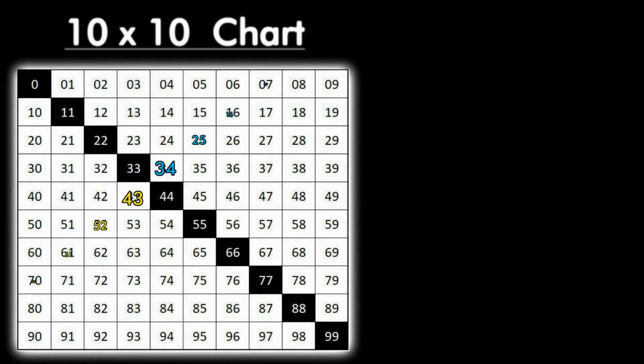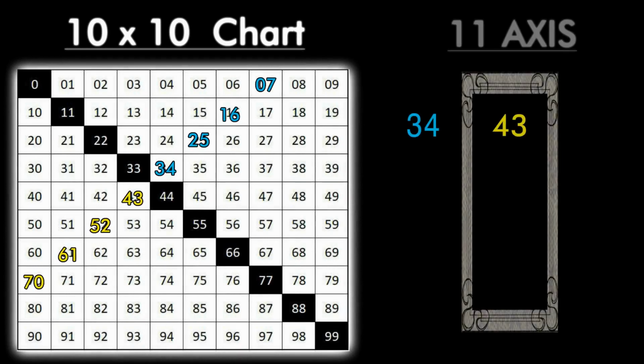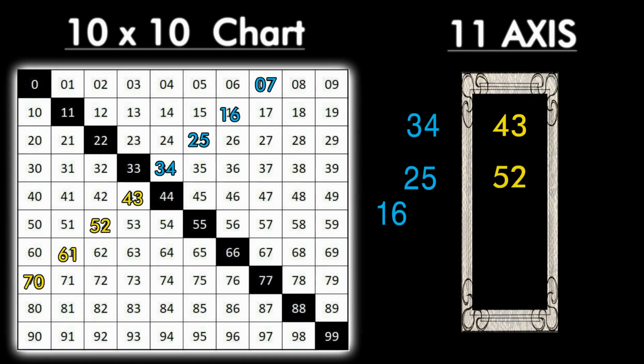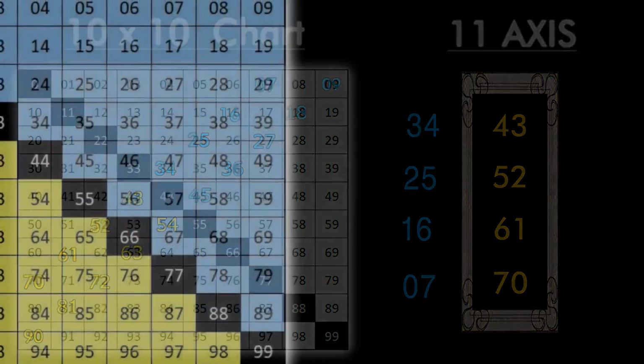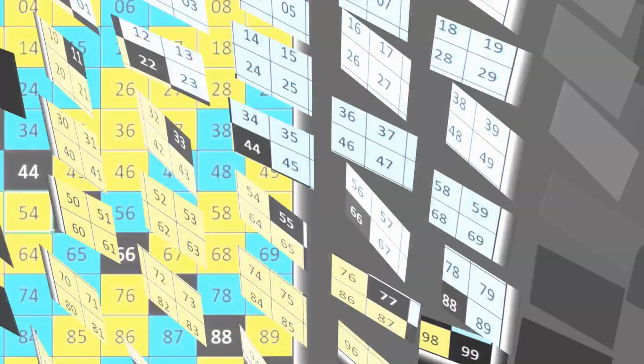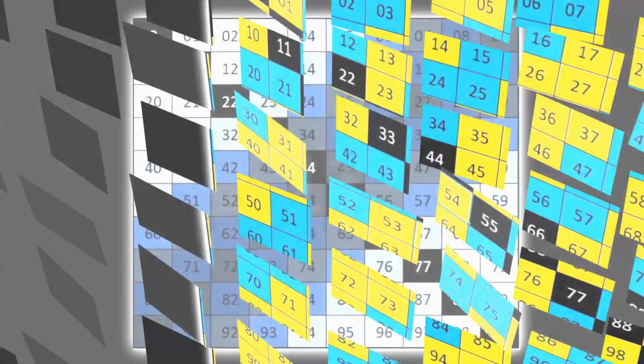For example, let's look at the 34-43 branch. As we follow it out, we have 25 and 52, 16 and 61. Lastly, we have 7, which is symmetrical to 70. This particular example is similar to the 45-54 branch, and subsequently all other branches follow this exact same relationship, demonstrating